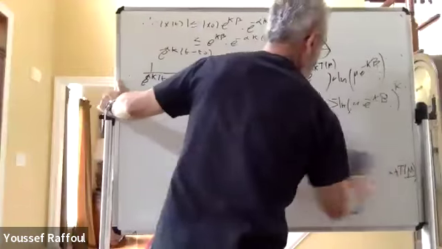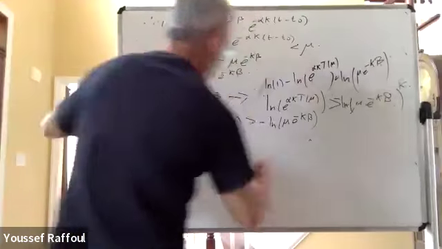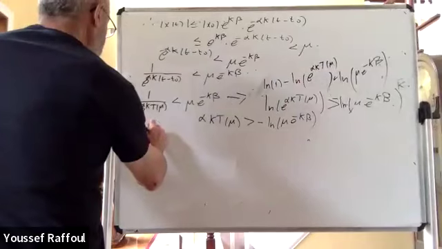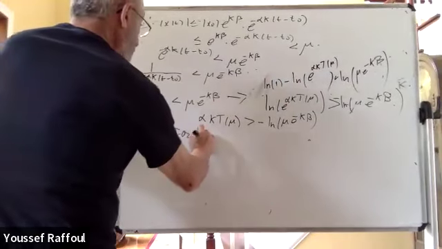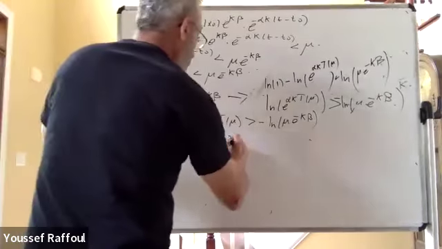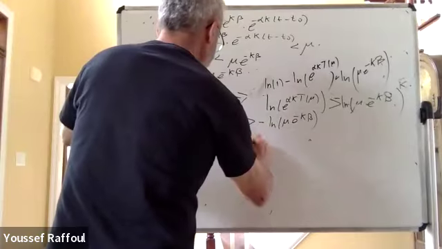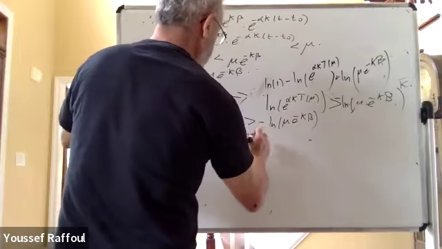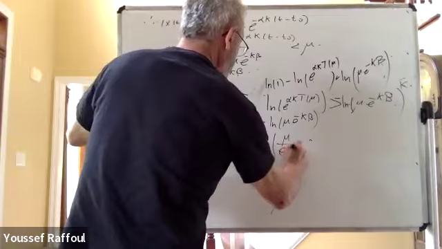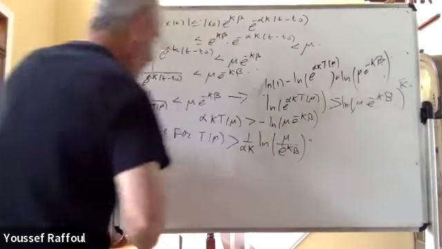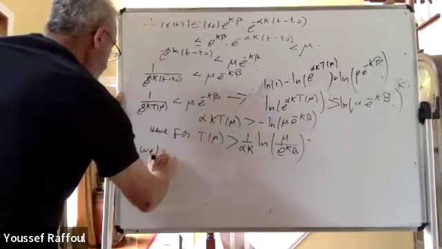Oh boy, we're almost done. So hence, for t mu bigger than 1 over alpha k of ln of mu over e to the k beta, we have